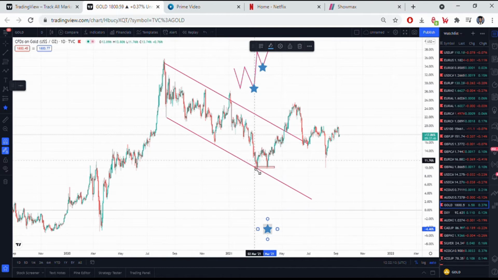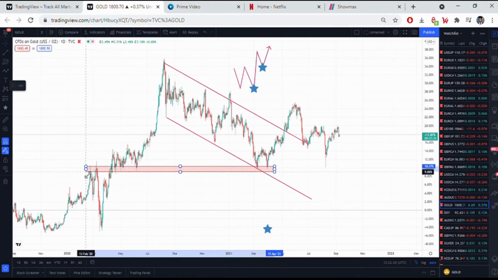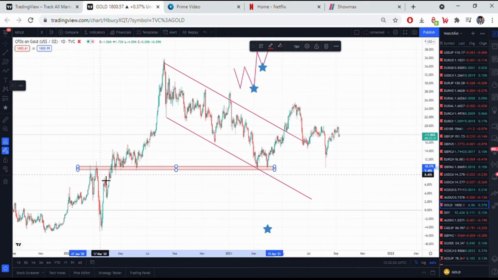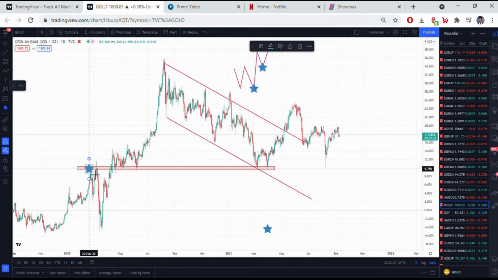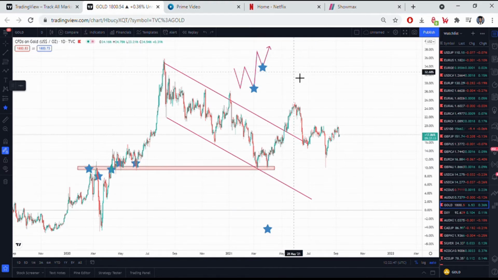Now let's extend this and use price action to actually understand why you're supposed to enter here. There it is. The market was respected here before, here, then it broke out here, then came back and respected and pushed to the upside, then respected again here. So it's no surprise that the market is being respected again here. You understand? Now the market pushed to the upside.